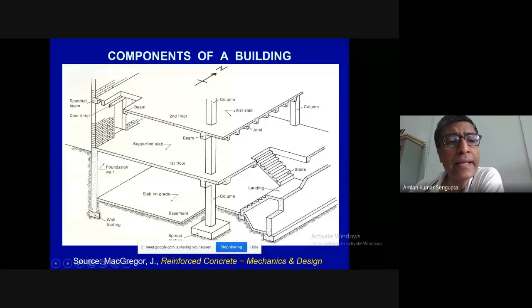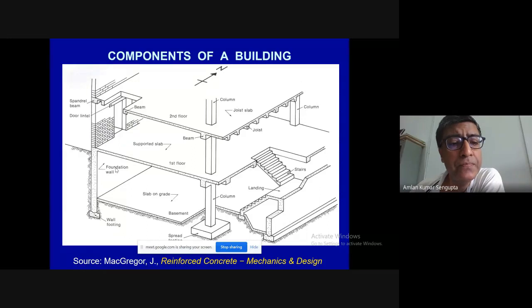Another important thing is that a slab can also be supported by a wall. Here you can see that if there is a basement, then we need to make a wall which can be either made up of concrete or of masonry bricks. Here the load from the slab directly goes onto the wall, and from the wall it goes to the wall foundation.